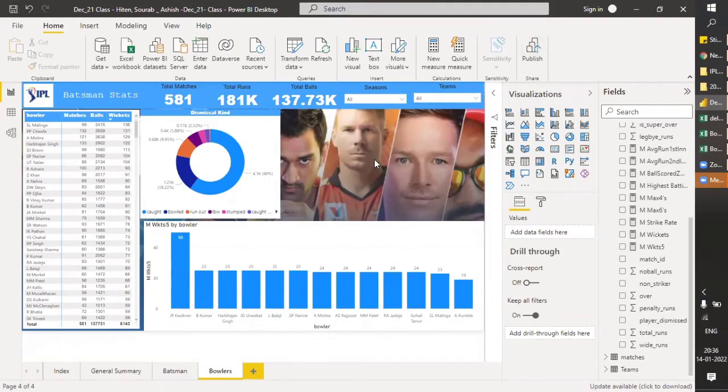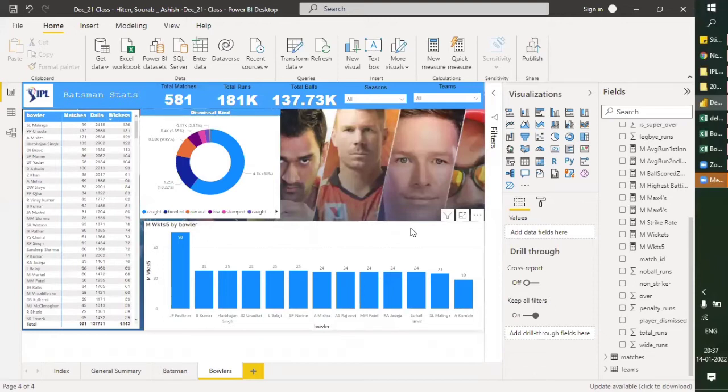So now we will be calculating the economy rate of each bowler, that is, how many runs they have given per over. As per my understanding, economy rate is calculated by taking the total number of balls they have bowled and dividing that into overs.